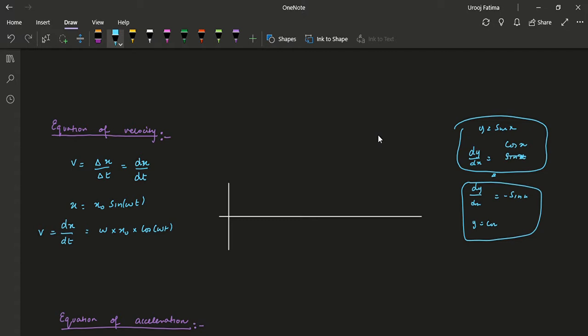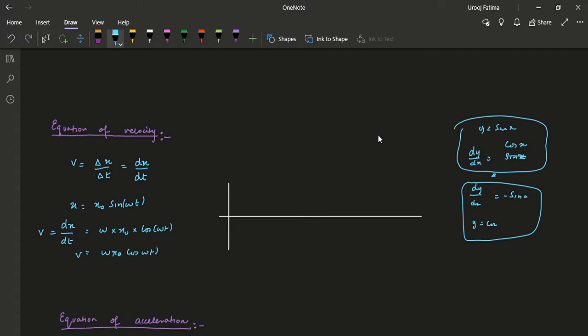So what I've done is I've just converted sine into cos because it's a derivative, and then I've just multiplied the constant with t because there's this one t here, so I've differentiated the angle itself, and the equation comes out to be omega x naught. So v equals omega x naught